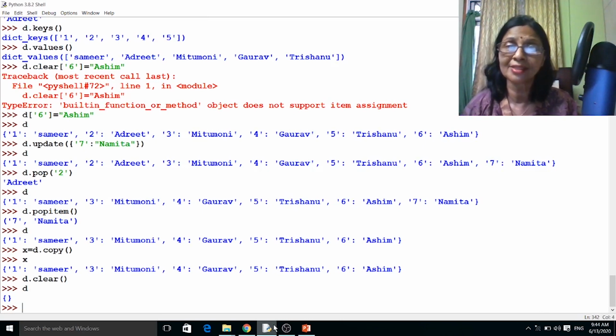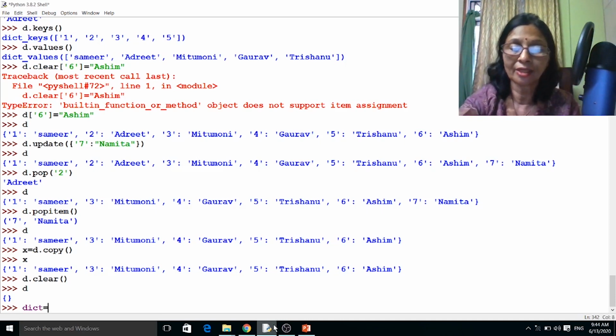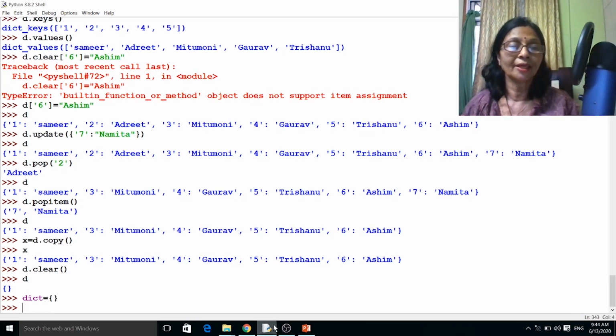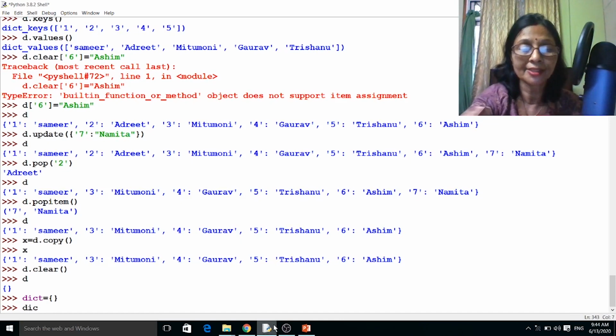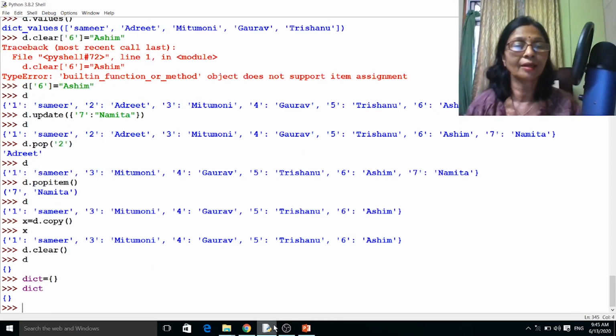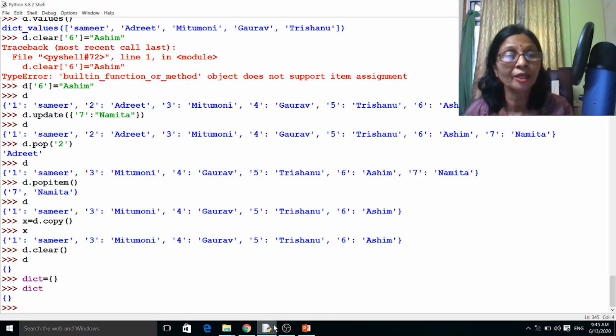Similarly, I can also create an empty dictionary by writing dict is equal to only curly braces. So after the clear function we have nothing in the dictionary that we created.